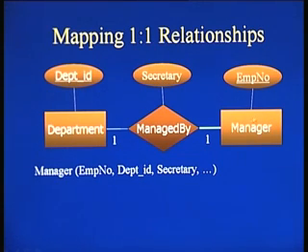So it is the entity type that is involved in the total participation that is taken as the primary entity type or the base entity type, the primary relation called manager, and then employee number becomes the key here, that is the key for manager. Okay. And the department ID, which is the primary key for department, becomes a foreign key in manager, and whatever attributes are associated with the relationship itself become attributes of this relation here, that is of the manager relation here. Okay. So therefore the manager relation has a primary key called employee number and a foreign key